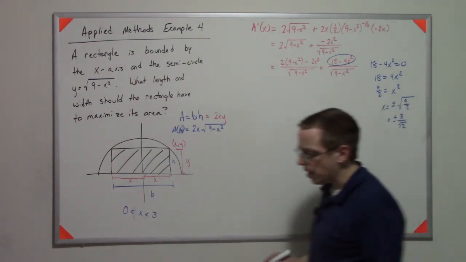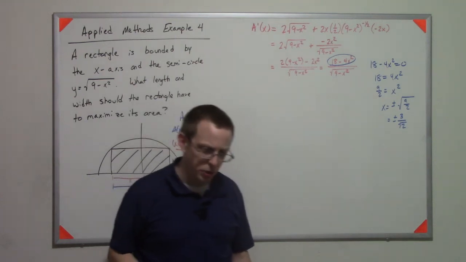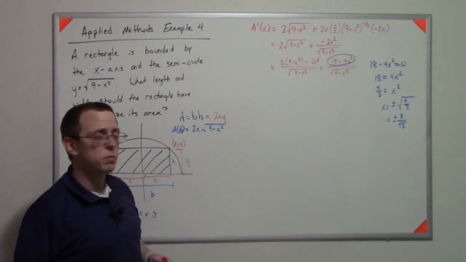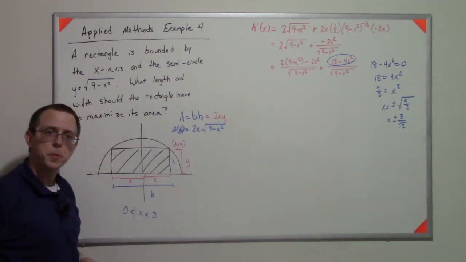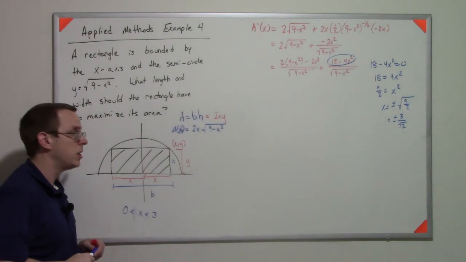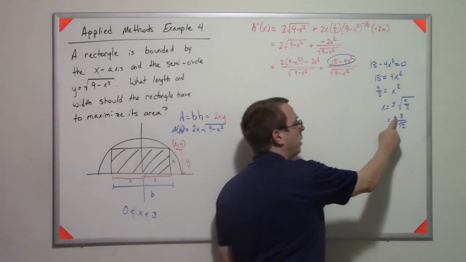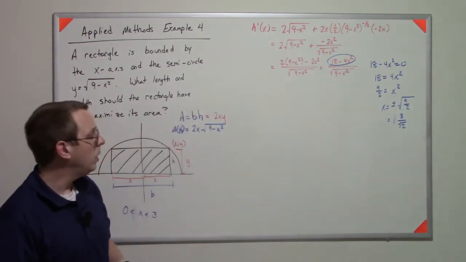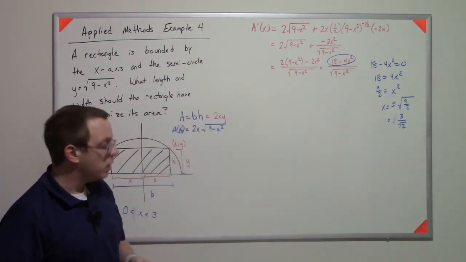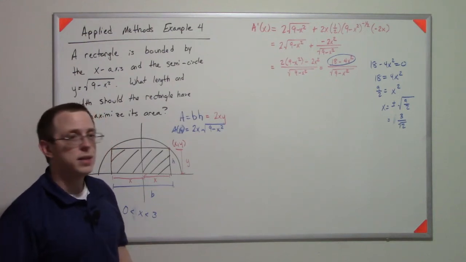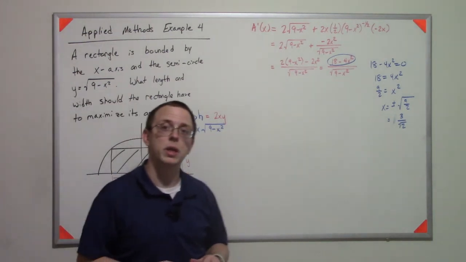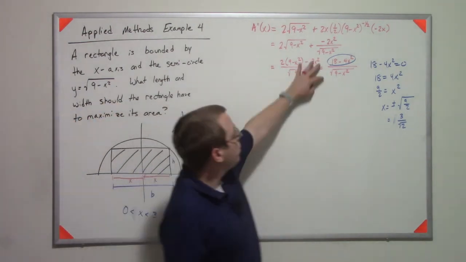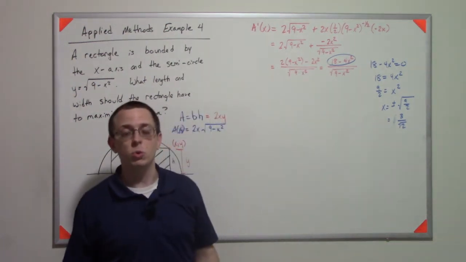So x is plus or minus 3 over the square root of 2. But again, in this case, we don't worry about the case where x is less than 0 because it's not in the domain. So only the positive case matters. So when x is 3 over the square root of 2, we could take the second derivative test. Can we not? Because the second derivative test would require you to do a quotient rule there,